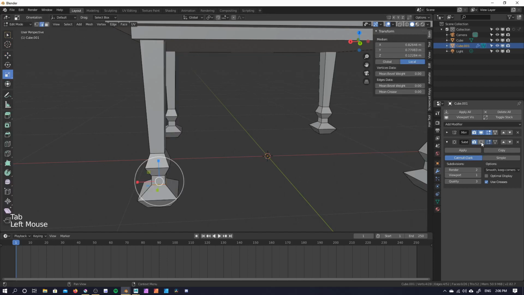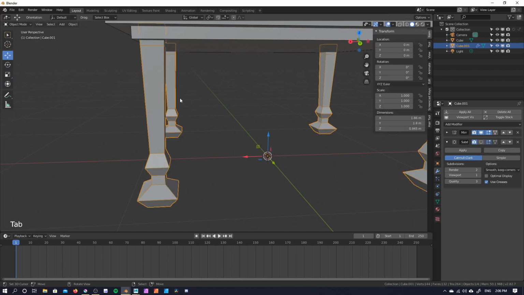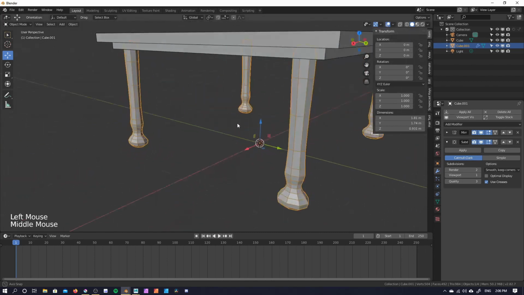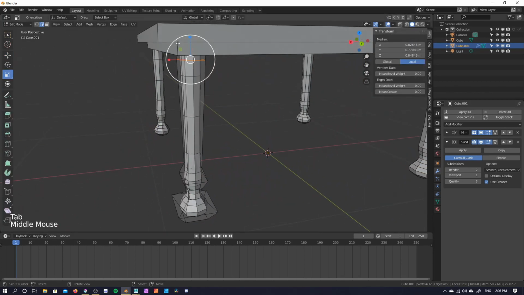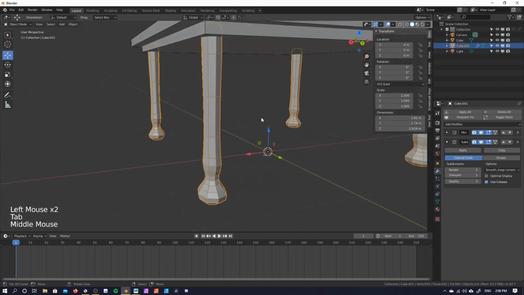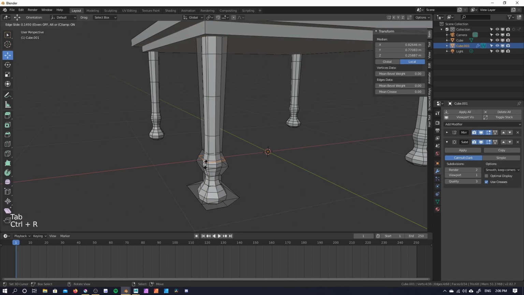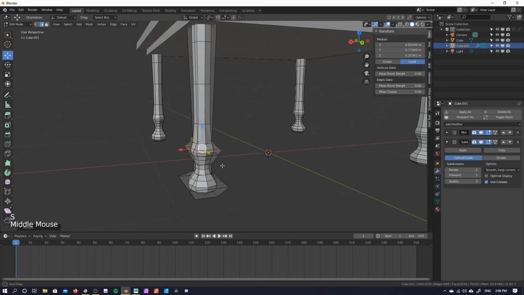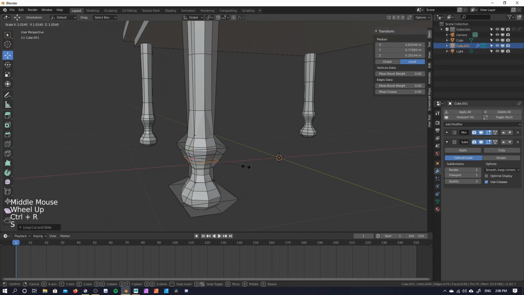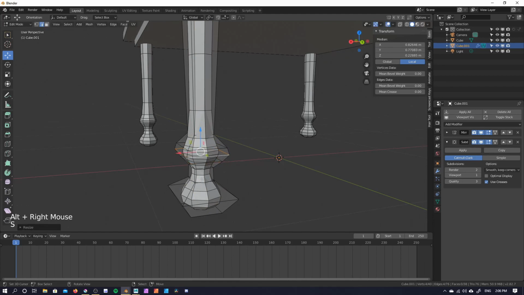We turn off our subdivision surface for now by pushing this little screen button. And I'm going to add an extra edge loop. I'm going to drag it up. And now watch what happens once we add the subdivision surface. It smooths out. And you can keep editing it. Even though the subdivision is turned on, I can keep editing it. And I can keep adding new edge loops as we go. And as you can see, it's staying smooth and nice